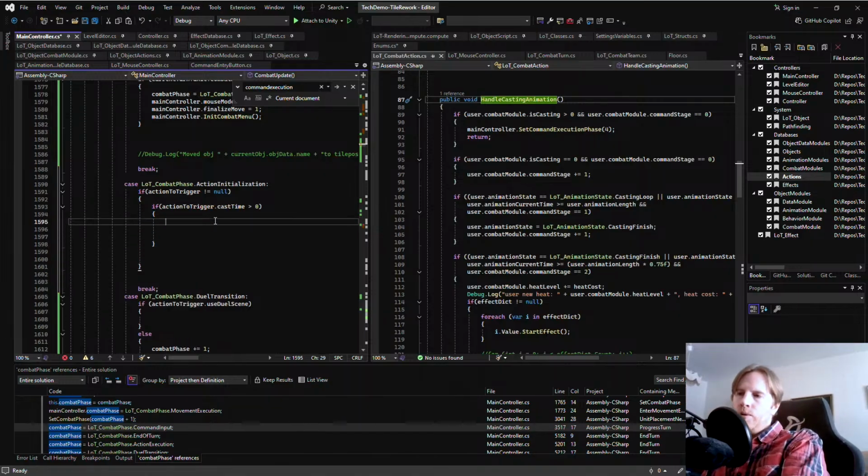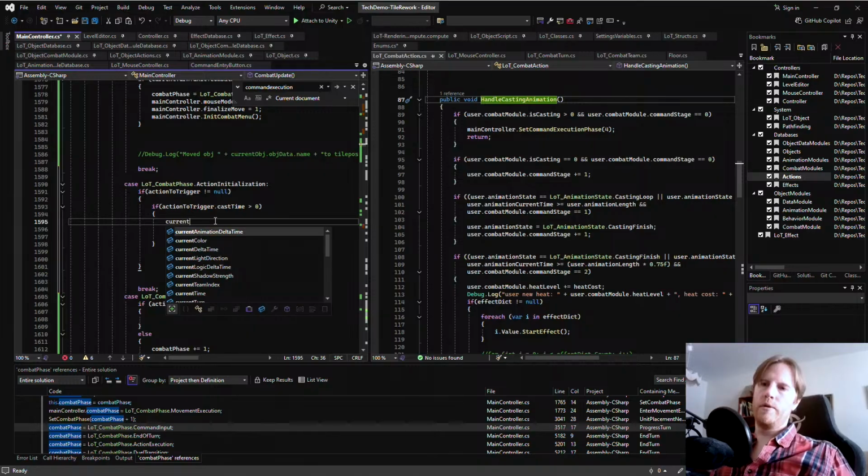And here it needs to do something like current turn dot unit dot